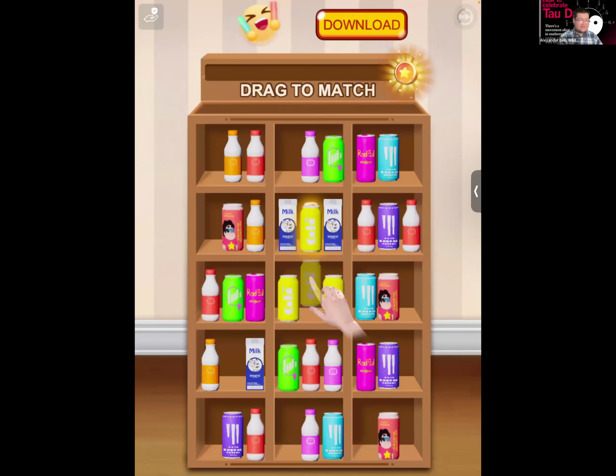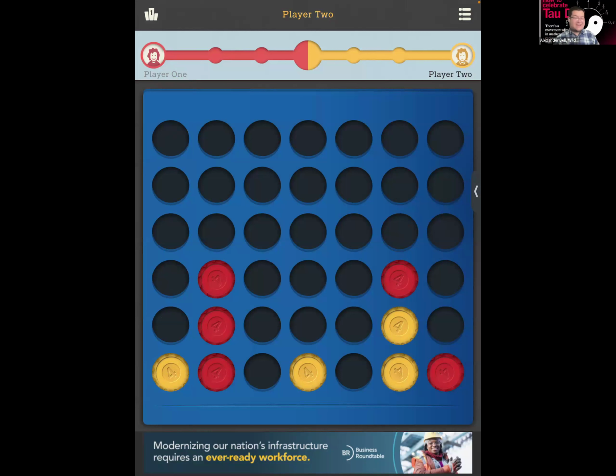Look at the top right, you can choose if you want to play a new game against the computer. You can play 2 players offline. So literally, if you're with someone, like your grandkids or kids or a friend, you can literally play Connect 4 without the pieces. You can just hand the iPad to your friend, they can play, then you can play, etc. So I think that's really cool.